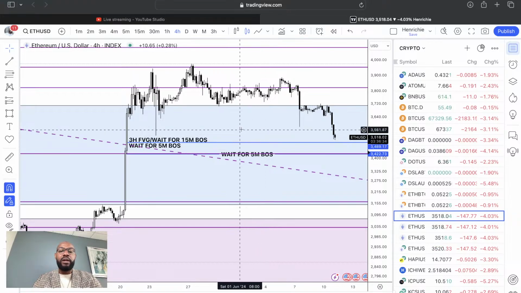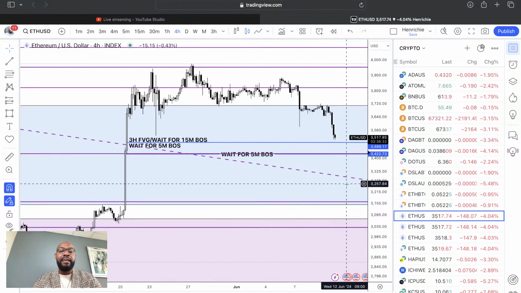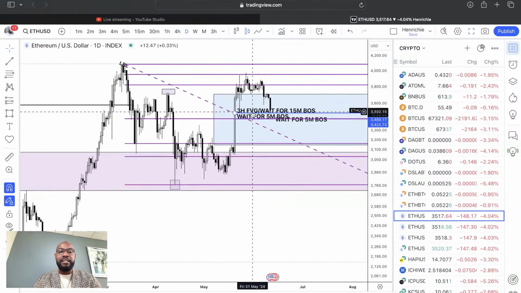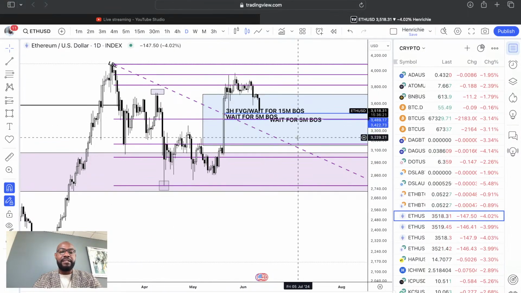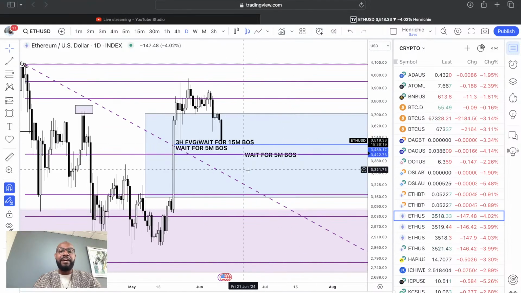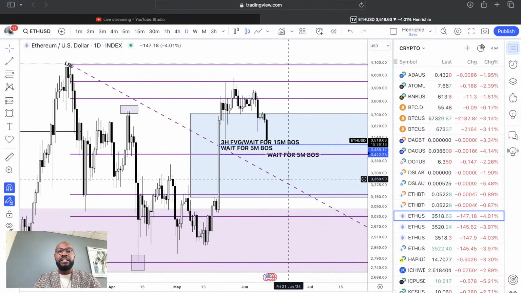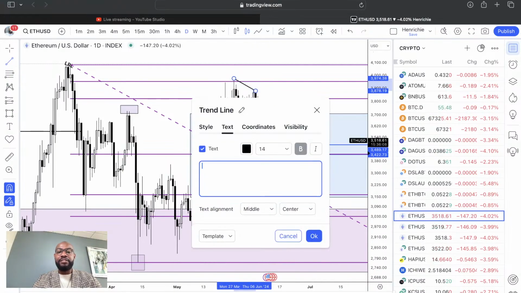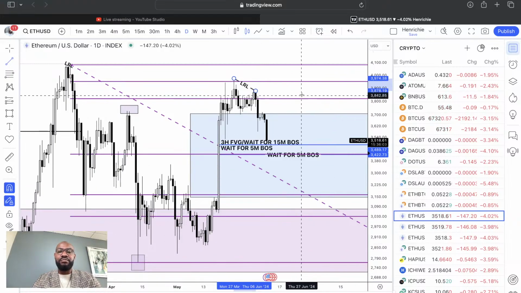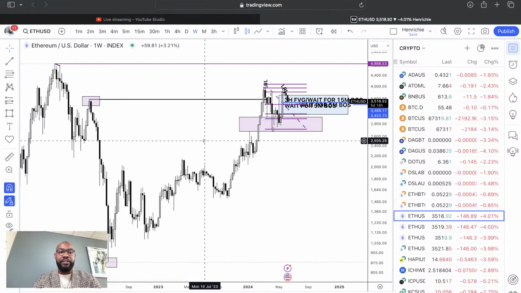But personally, what I'm watching is potentially for price to come in here, and if we do come in here, that's going to be a discount zone on daily, as you can see, using the Fibonacci from the high to the low. This key level right here, anything below this is discount. If price can give us that discount and then we see a shift in market structure on the smaller time frame, I'll be looking for an explosive buy on Ethereum, and this trade could potentially give us at least 8% to 10% for the first entry, and the second entry could potentially even give us more than that.